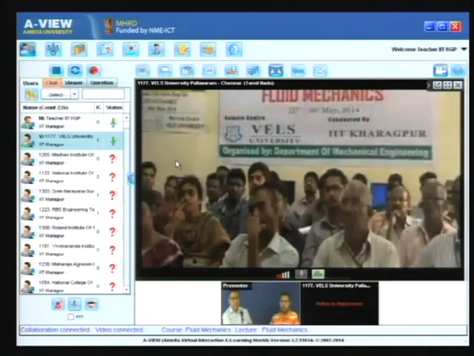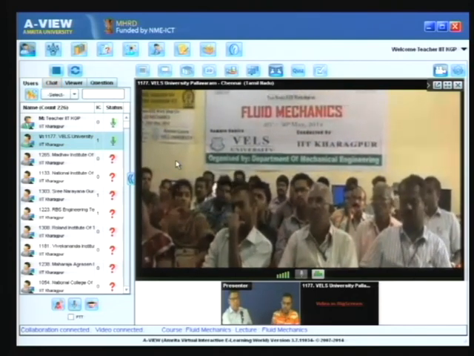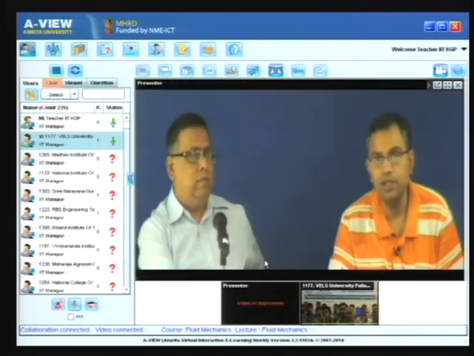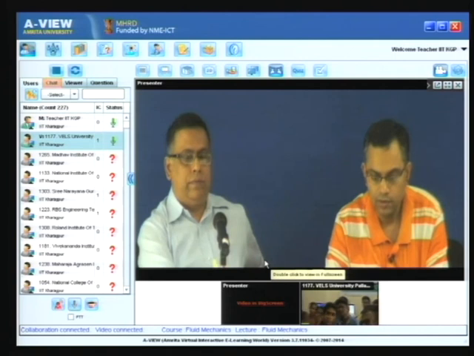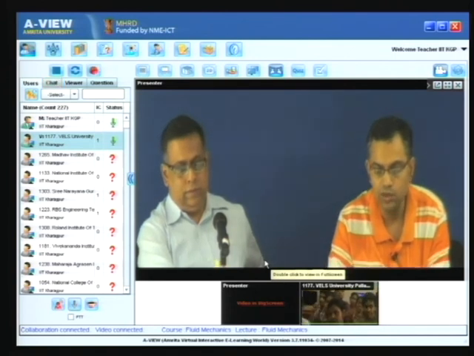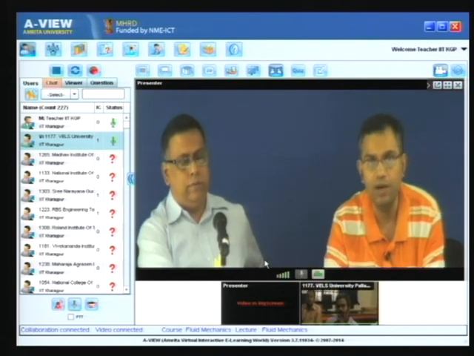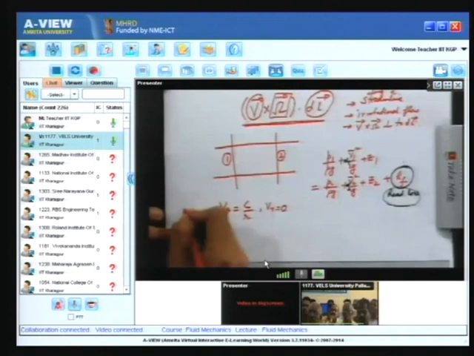I think Professor Som has discussed it at length, but just to recapitulate, V theta equal to C by R. So what is a vortex flow? A vortex flow is a flow where you have a V theta component which is a function of the radial coordinate and VR equal to 0. So V theta equal to C by R and VR equal to 0. So this is the free vortex,